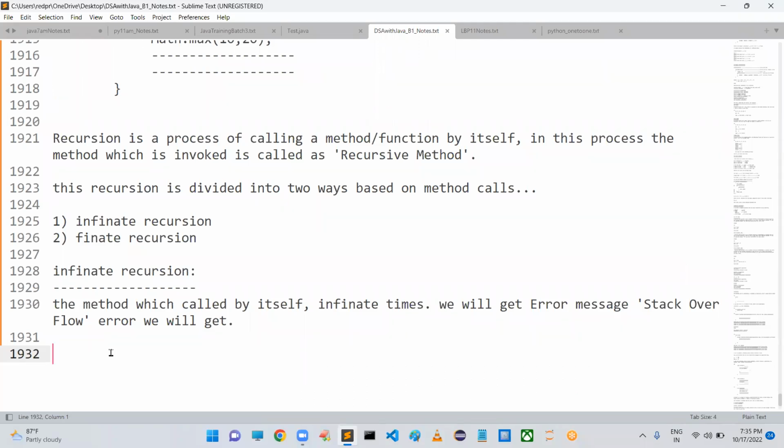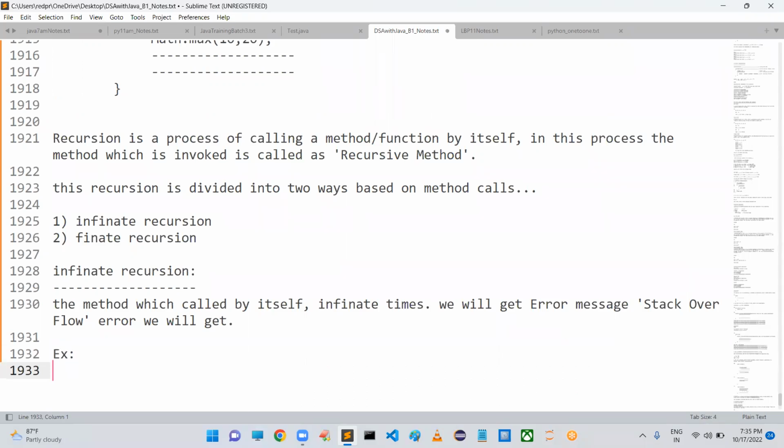Every recursion is going to maintain this stack. Whenever a function is invoked, it is going to maintain one stack internally. That stack is called the recursive stack. Once that stack is full, because the size will depend on our usage, it will allocate some size. If you use that size, then no problem. If your data goes beyond that size, then what will happen? Stack overflow error we are going to get.